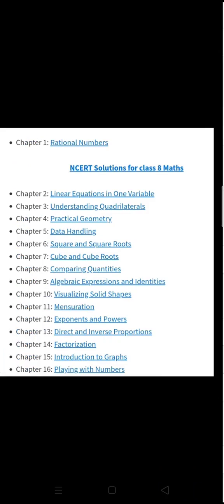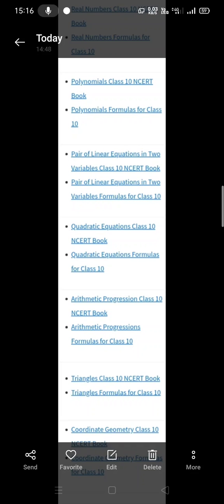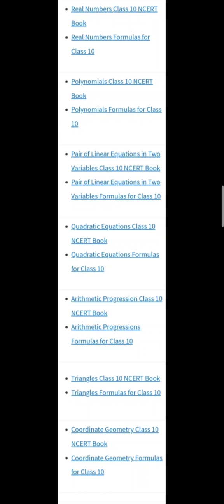Next we will go with the 10th class syllabus. The 10th class syllabus is quite big compared to the 9th class, and in 10th class we will study real numbers, polynomials, and pair of linear equations in two variables. In 9th class we study linear equations in one variable. Again in 10th class this is the continuation of that topic, but here we study with two variables. Then we go with quadratic equations, arithmetic progression, triangles, and coordinate geometry,